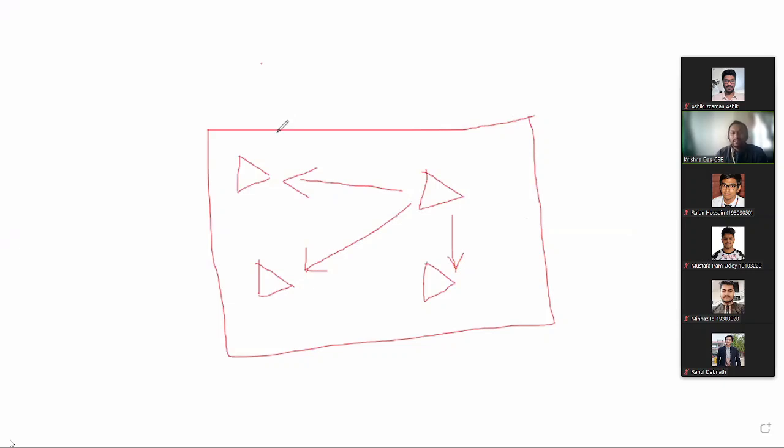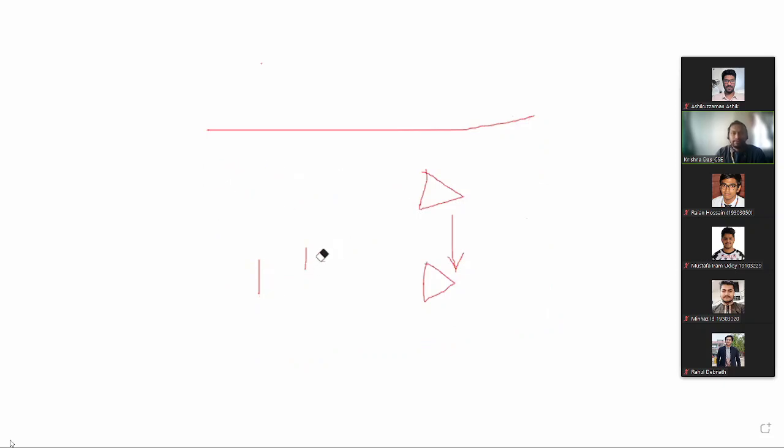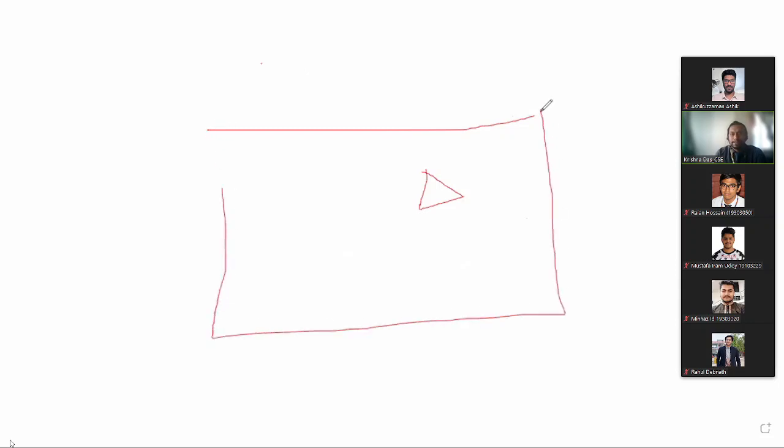This is called the translation, translating from one point to another point. Another way of changes can happen. Sorry, the boundary has gone. What is the other way of changes? Say this is the object.